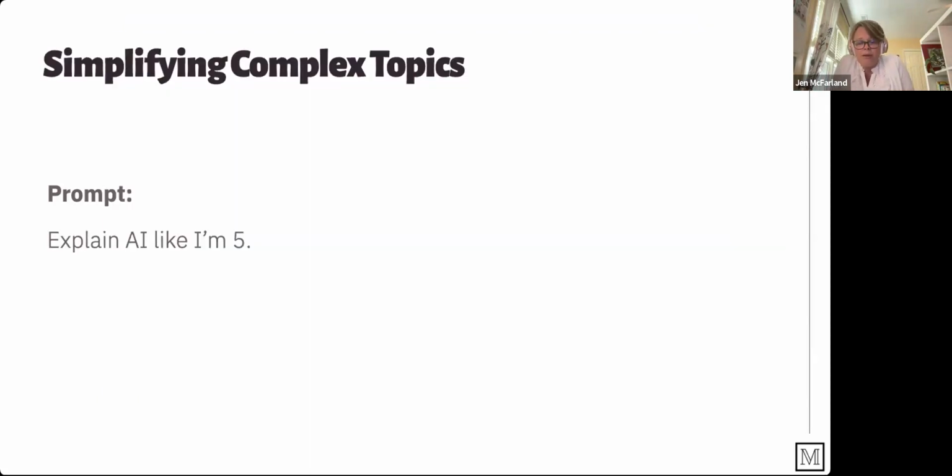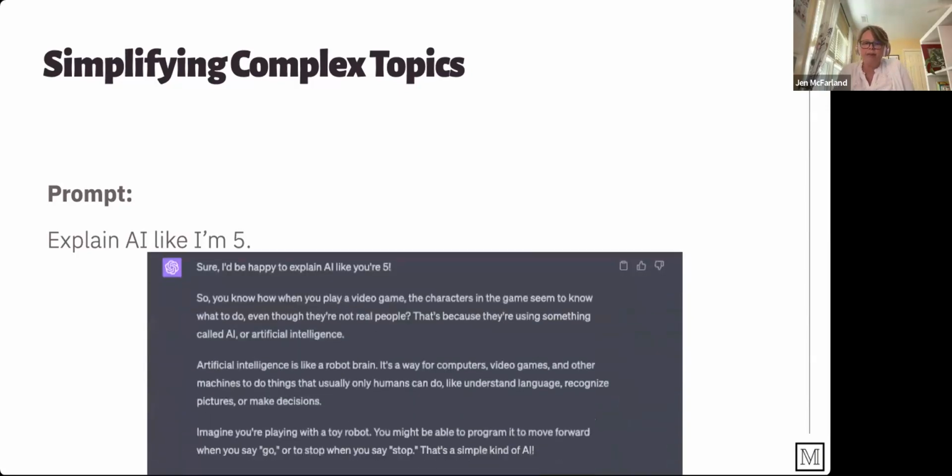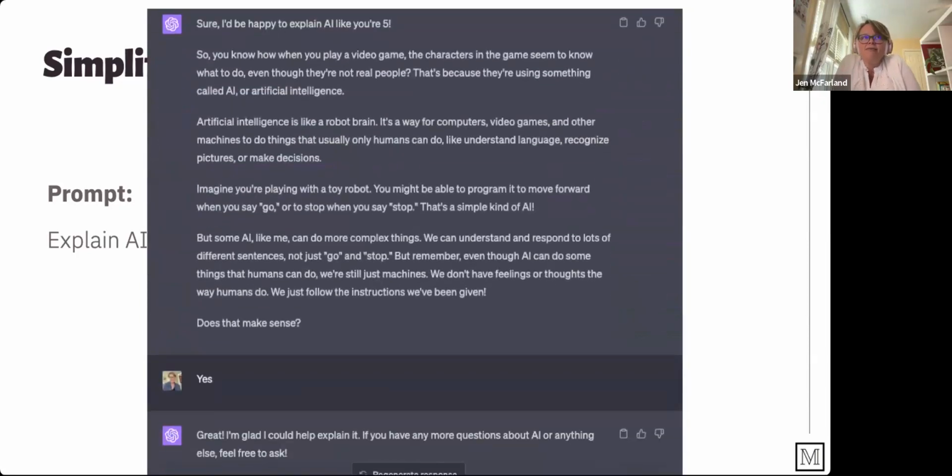All right, simplifying complex topics. This is a really powerful functionality of ChatGPT, of all the AI tools. Explain AI like I'm 5. It's going to come back with quick and easy, very simple. They're of course going to give you kind of like a